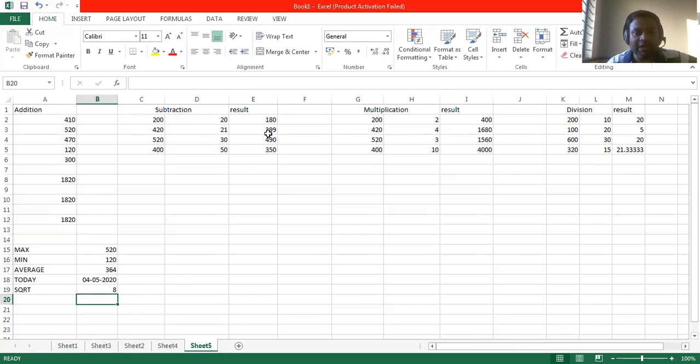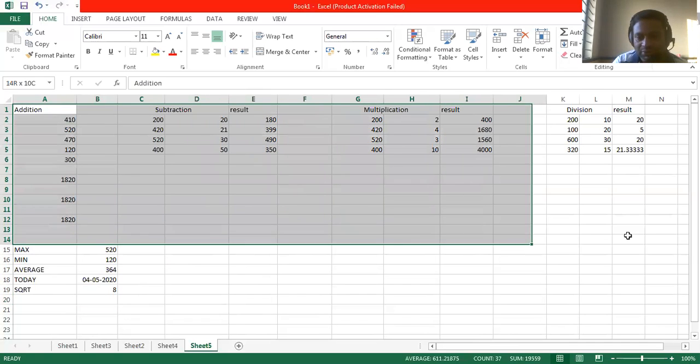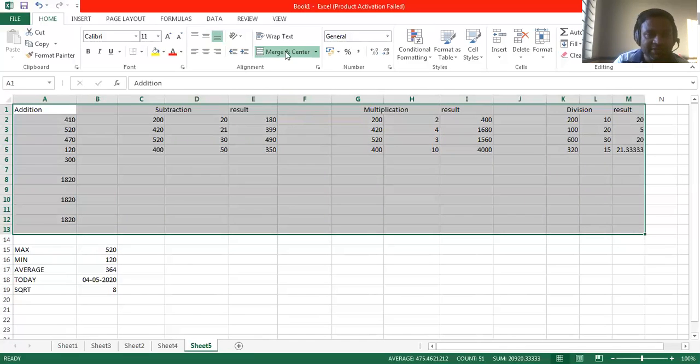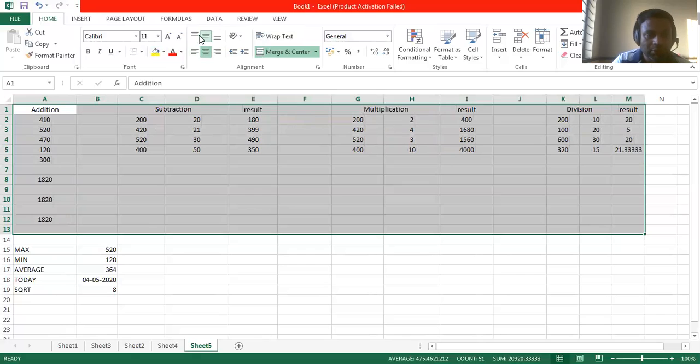So in this manner you can apply the formulas. These are the basic formulas, and with the different methods we have done here, the same practicals you can practice at your home also, right? So I hope all of you understood these concepts, and the same you can practice at home also, right?